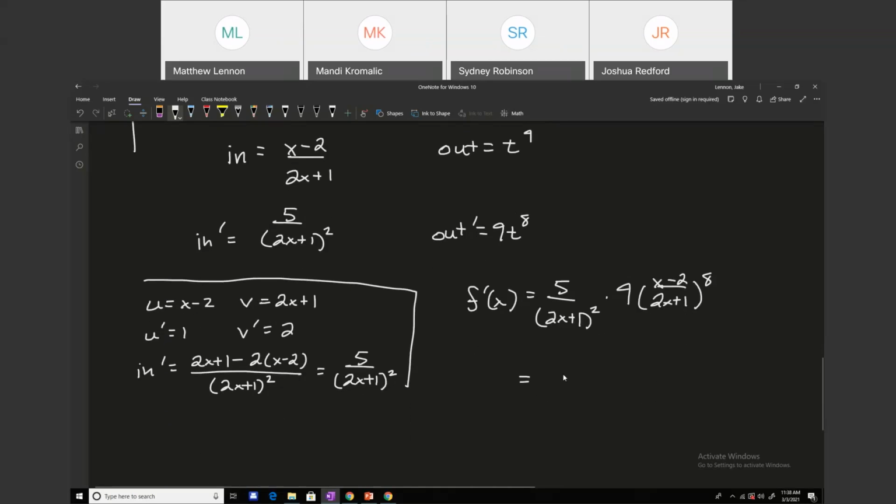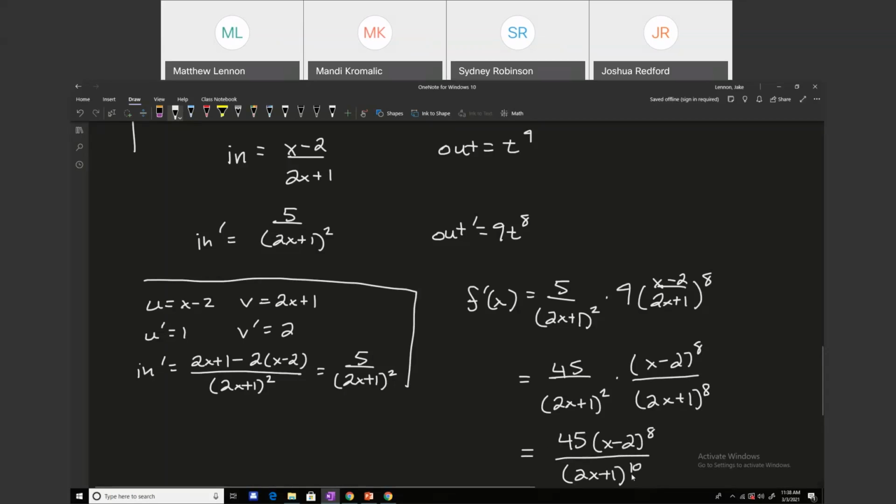So we can multiply the 5 and 9, so we get 45 over 2x plus 1 squared times, all right, if we use the exponent rule, we have x minus 2 to the 8th over 2x plus 1 to the 8th. I'm only doing that because the bottoms both match at 2x plus 1, so you can actually combine those and write our final answer a little more cleanly as 45 times x minus 2 to the 8th over 2x plus 1